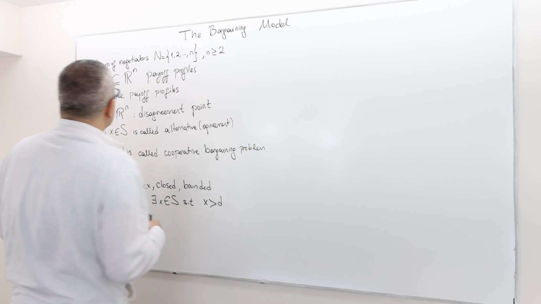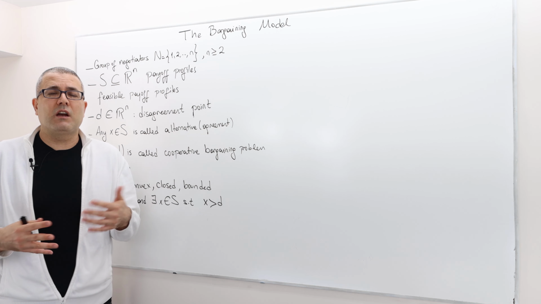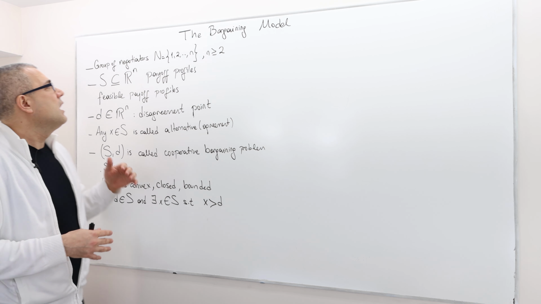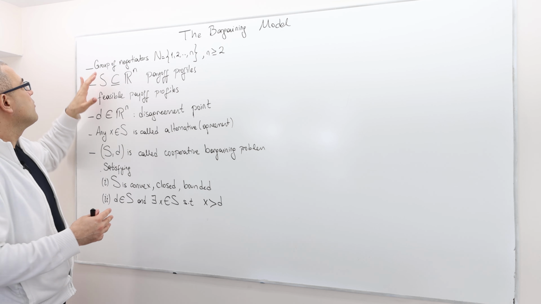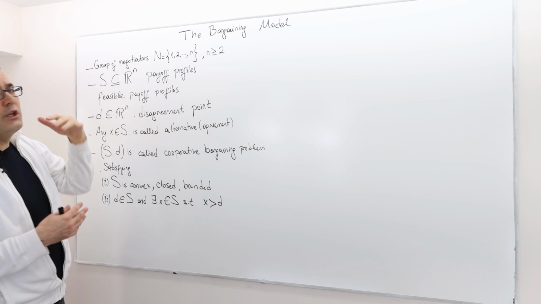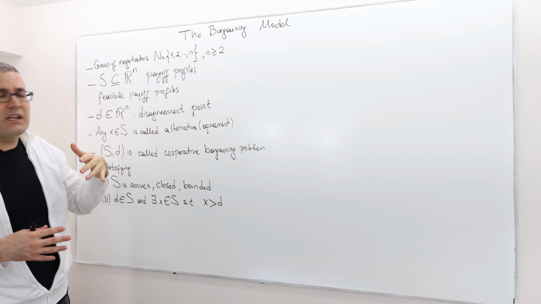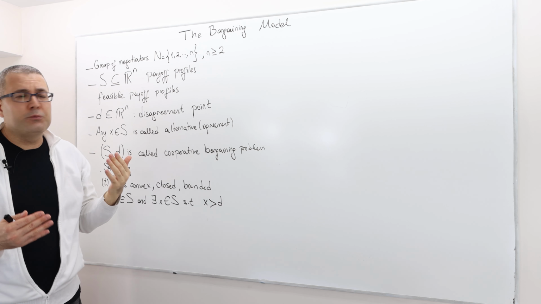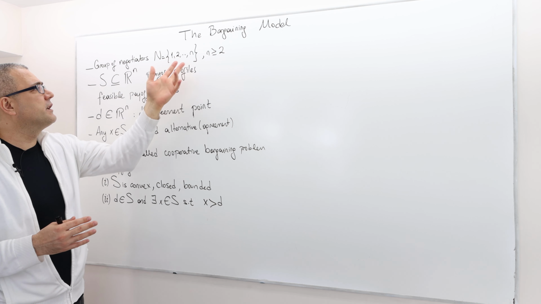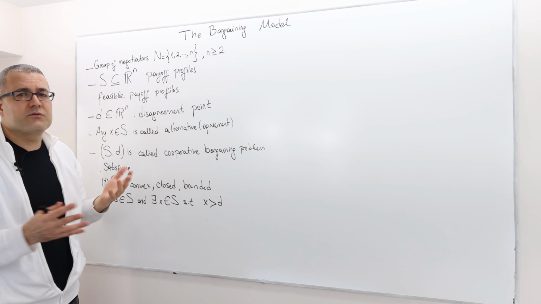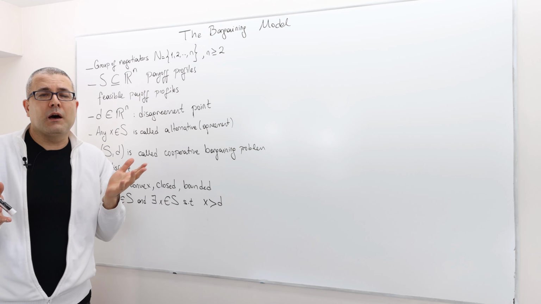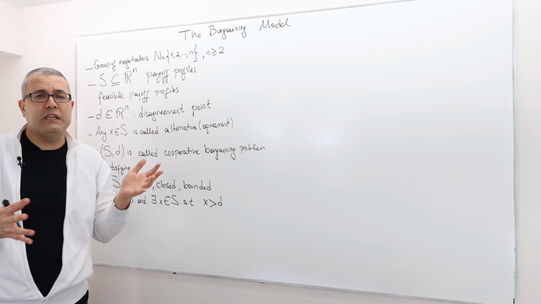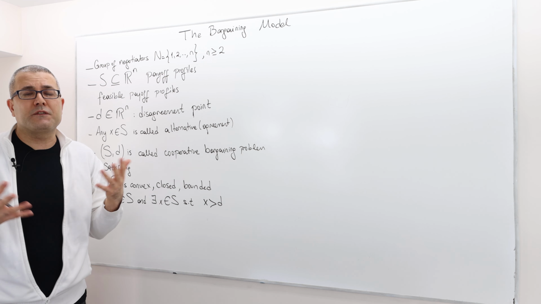All right, well, first off, we need a set of players, right? Set of negotiators, at least two. Well, we're going to use the notation N, the standard notation. This is the set of players, at least two players or at least two negotiators, but it could be more than two players, right? I mean, sometimes some negotiations include more than two players. For example, if it is